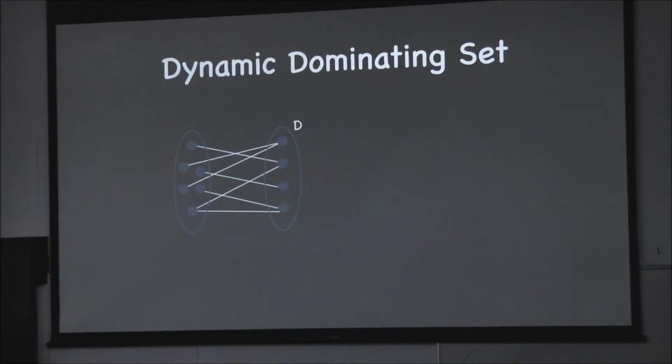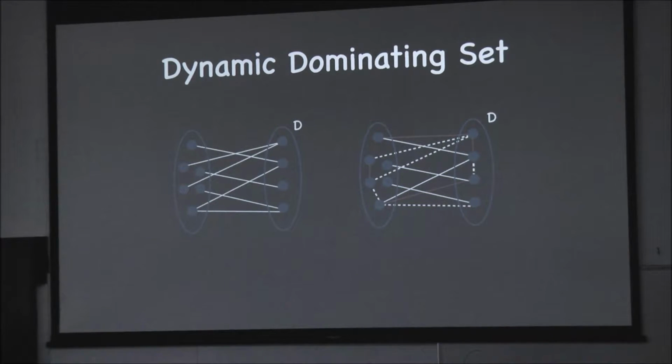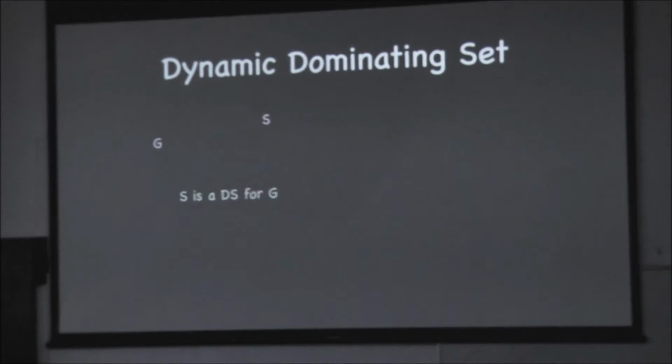So it essentially dominates all other vertices, and of course we can make some edge additions and edge deletions, and we have a graph H that is obtained from G. It is at a distance of at most k from G. What do we want? We want to find a dominating set of the new graph that is at a Hamming distance of at most r from the old solution. This is the goal.